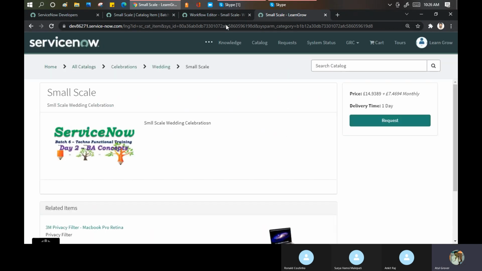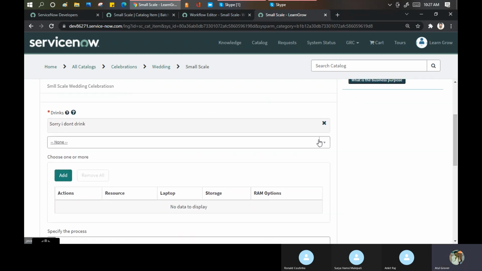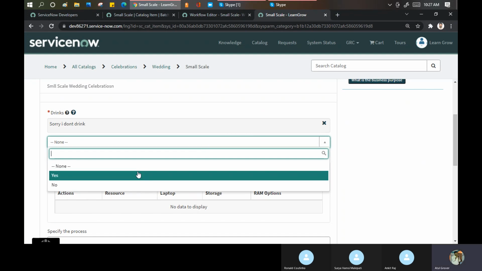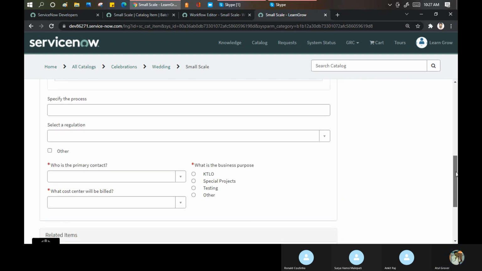Now practically what will happen? Practically it should go for the 2 levels of approvals. Why? Number one, it will go if the price is more than $1,000. Second, it will go because I defined that part. Confused or not? Ronald, Surya, Ankit.